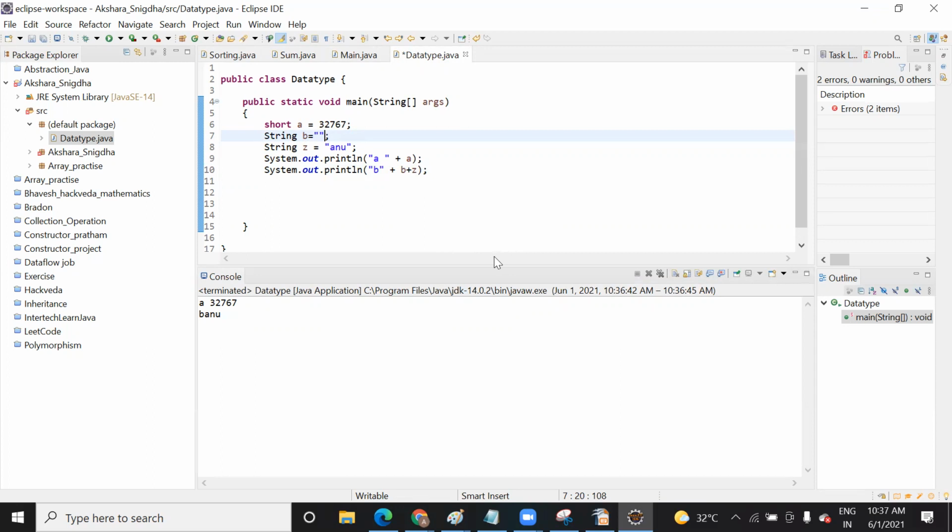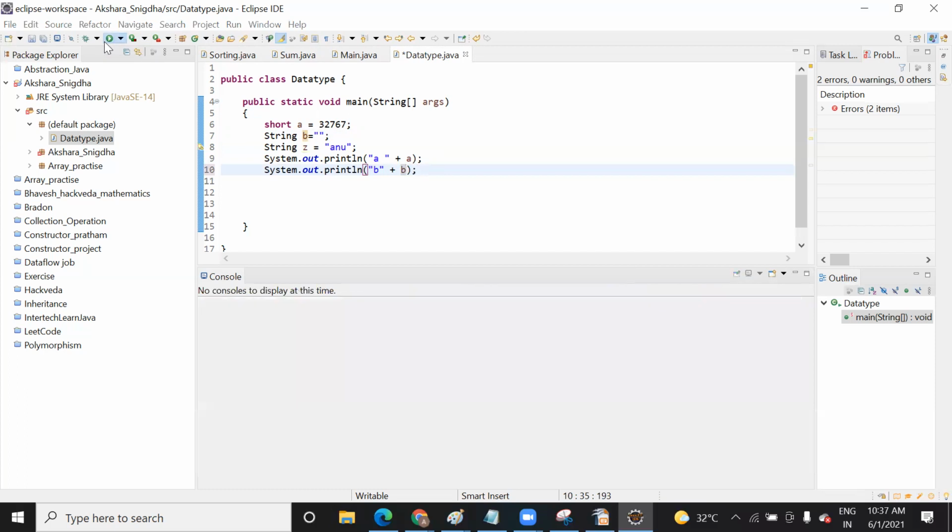Do you have any question? No. Okay. Because, as I said, it depends on the compiler. When I'm trying to not initialize any value to this and use it here, it's showing me the error because b is not initialized with any value. And when I do not initialize any value inside this and try to, okay, let me print it and see what's working.